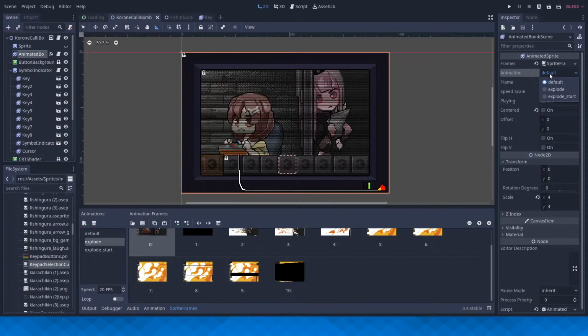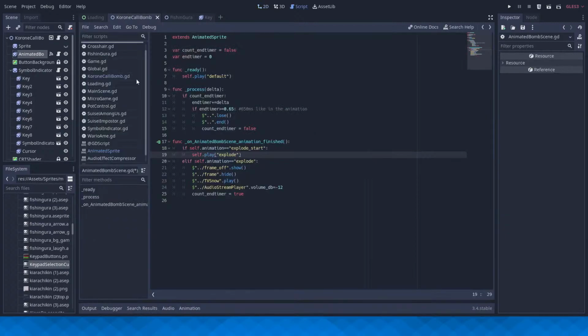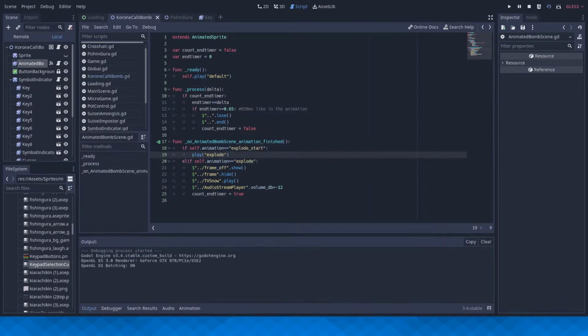Should I try restarting the engine? Is this some kind of bug? What if I just take away self.play? Like, just do play explode. This replays the same animation again.